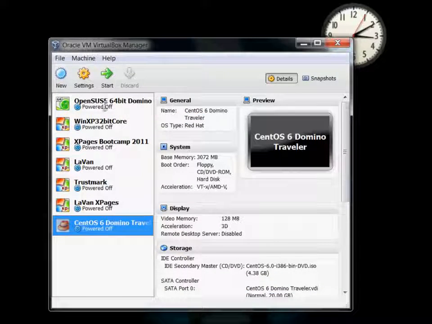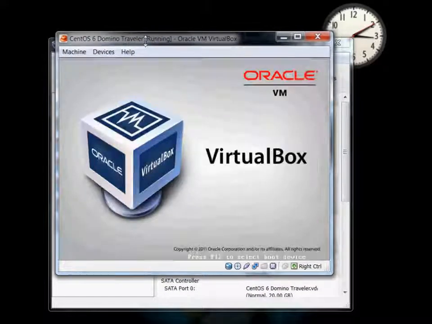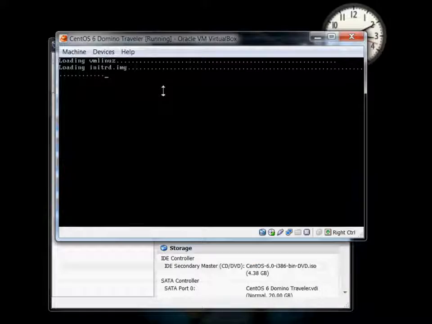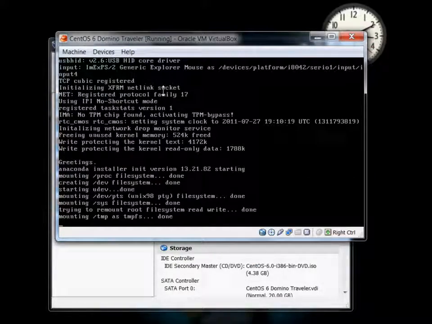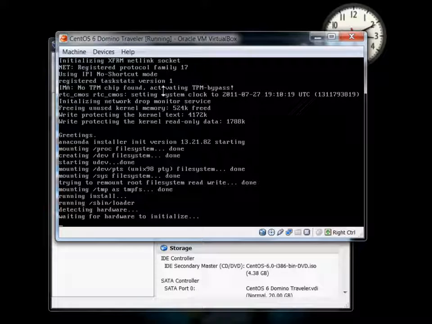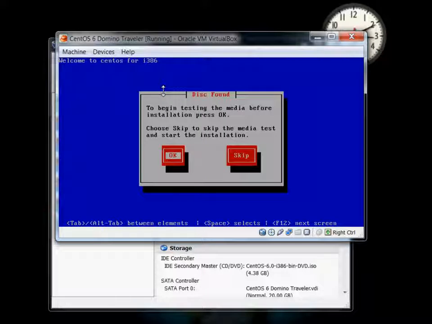So let's go ahead and fire this up. This is exactly what you would see after installing VirtualBox, if you're installing the DVD on a brand new system. So I'm going to go ahead and choose to install or upgrade. CentOS 6 was released just 2 weeks ago. It's the latest version of the CentOS operating system, which is a public version of an enterprise level